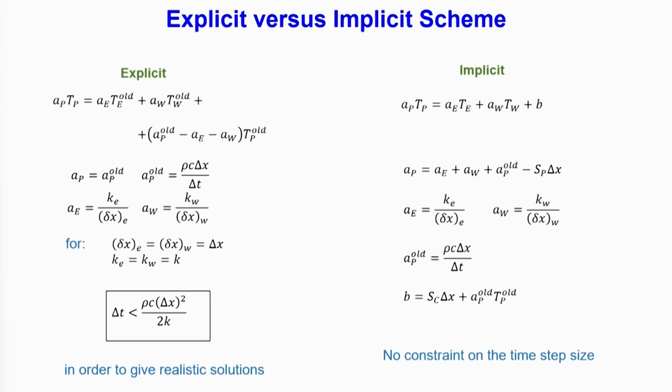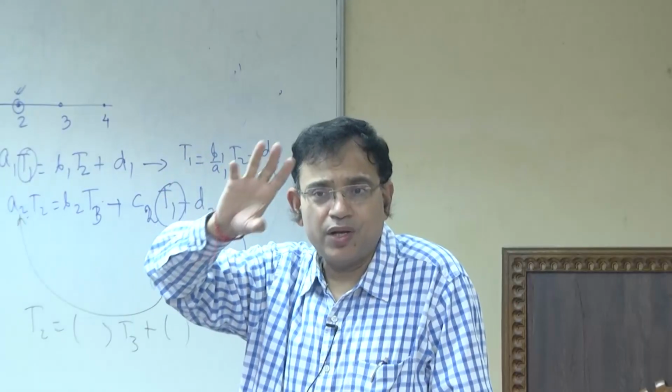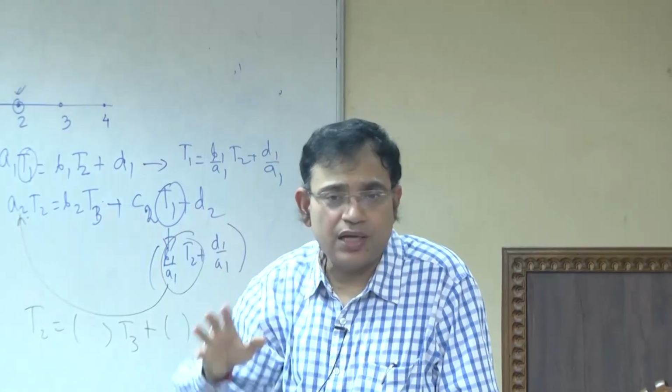So, everything has a superscript new. Now in this you do not have any of the coefficients which can become negative. If you take SP as negative, then all become positive. So, the implicit scheme will not have any constraint on the time step. You can choose any time step, it may not be accurate, but it will give you physically realistic results, but